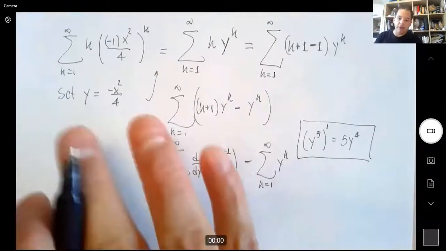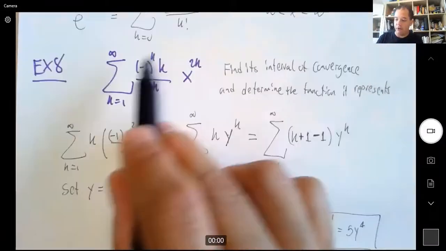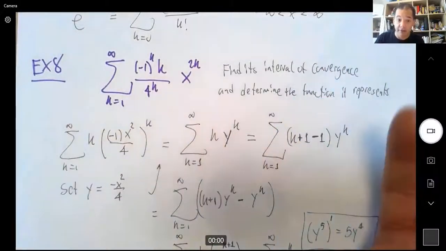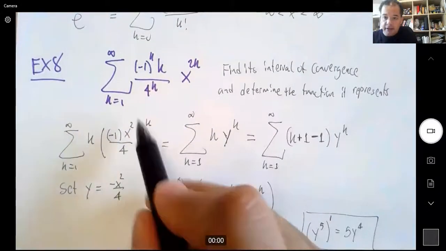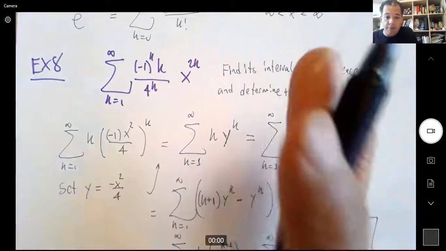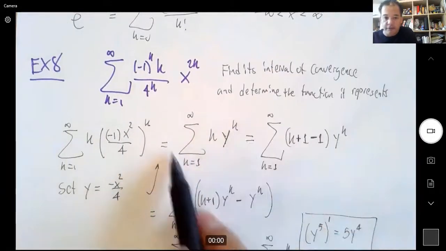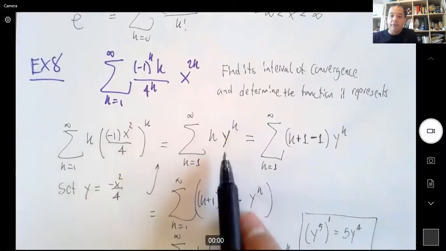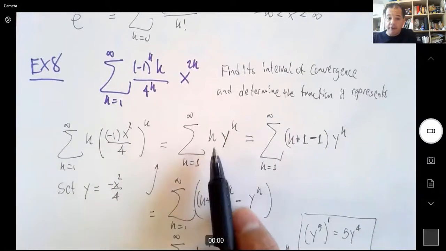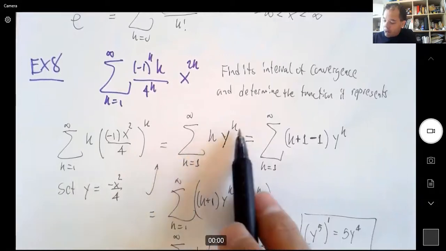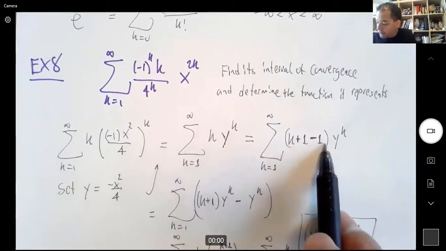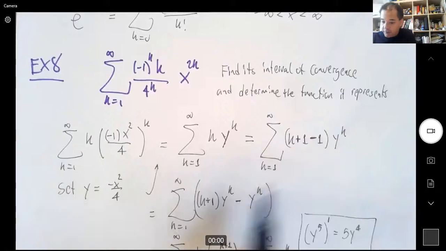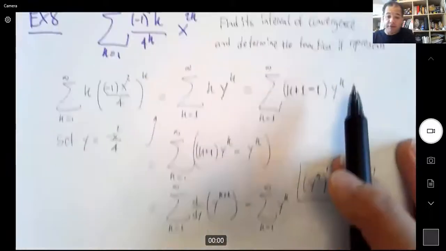So let me backtrack a little bit. What is it that we're doing? We started with this one that looks difficult, and we're trying to make it simpler. First step was we put together everything that has a k inside, and we set y to be that. That already simplified it a lot. Now it looks easier, like k y to the k. Next step: this reminded us of the derivative, but to be the derivative, this number has to be one more than the exponent. So to create that, I put the k plus 1 that I need, and then a minus 1, and separated this expression. So now it has the k plus 1, which is what I want, and then a minus, which is fine because that will be the geometric series.